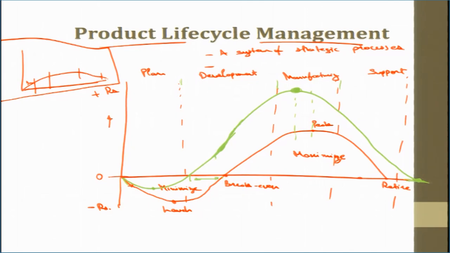This is what product life cycle management is. Life cycle means not only designing the product, but managing the overall, complete life of the product, from the very idea generation when we have an idea to produce a product, to the final retirement of the product. Retirement means when the product becomes obsolete and a new product takes its place.